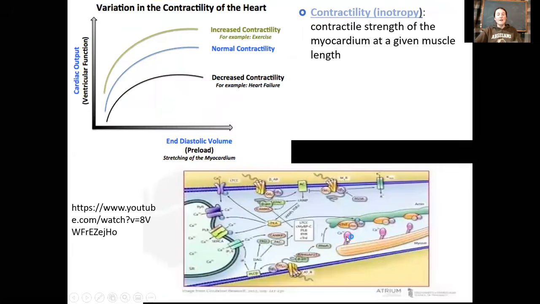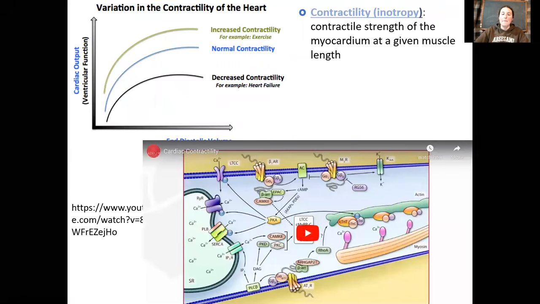Finally, contractility. This one, again, I give you a little video here. I'm not going to play it. This video has a lot more detail than you would ever need for this class, but I think it does a great job at showing you a lot of the different mechanisms that lead to differing levels of contractility. So contractility is the third factor that affects the stroke volume and therefore cardiac output in the heart. Contractility is also called inotropy, and essentially it is a reflection of how strong your heart is. So this is a normal old